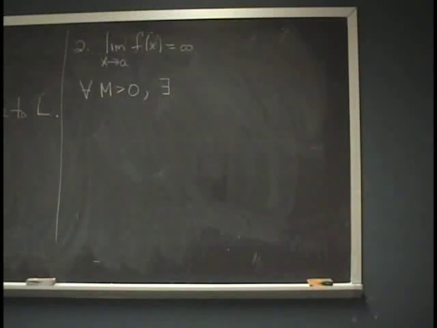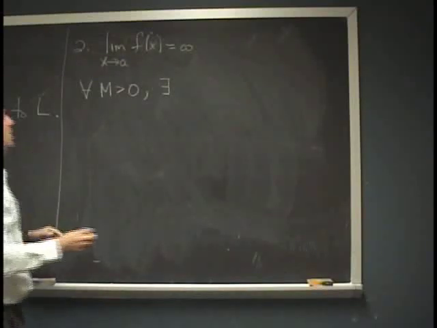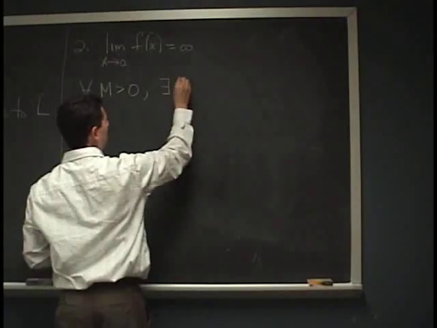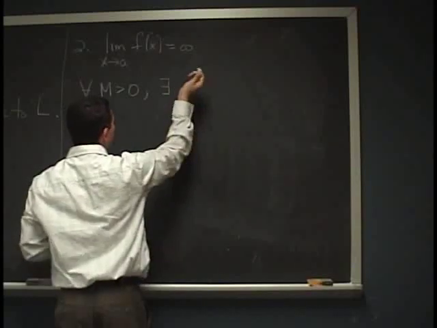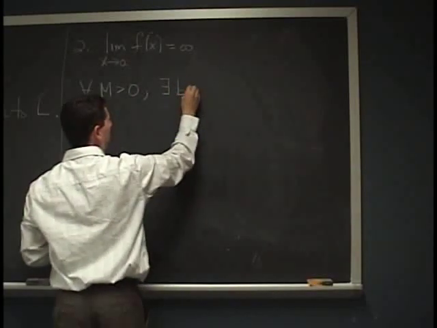If I want it to go to infinity, then for every real number, I want it eventually to get bigger than that. And not only do I want it to get bigger, but I never want it to go back down. So what I want to say is that there exists, say, some number b,